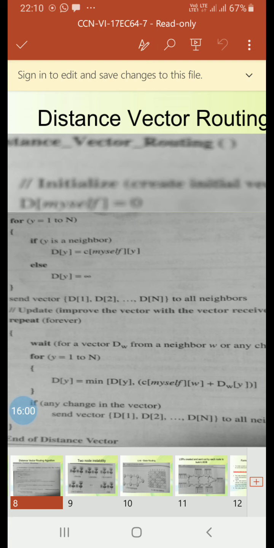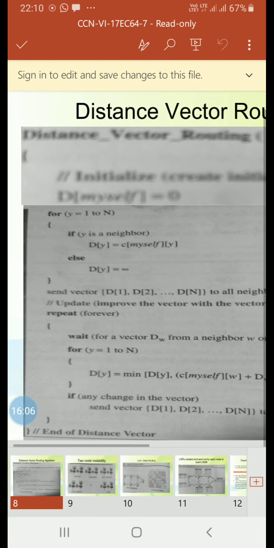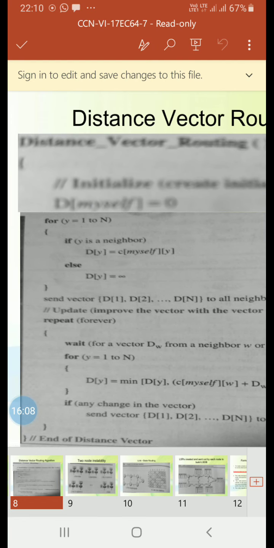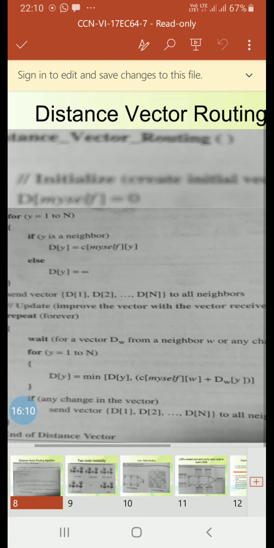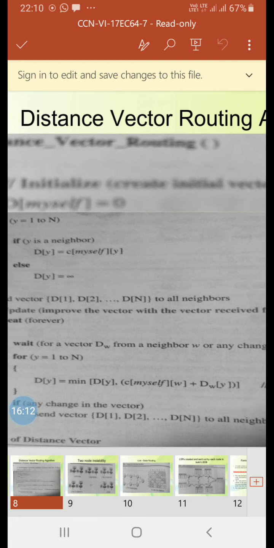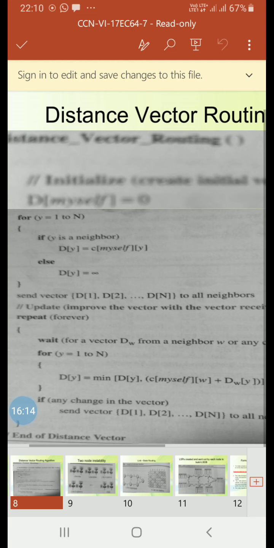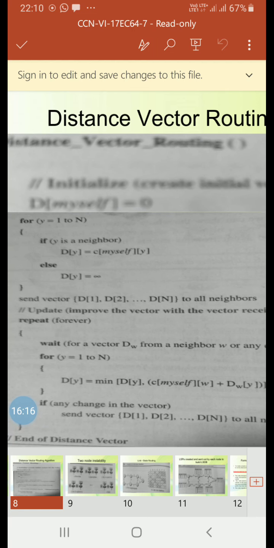The for loop in lines 17 to 20 allows all entries, the cells in the vector, to be updated after receiving a new vector. Line 12, the node sends its vector after being initialized. Line 22, after it is being updated. So this is how the distance vector routing algorithm works.